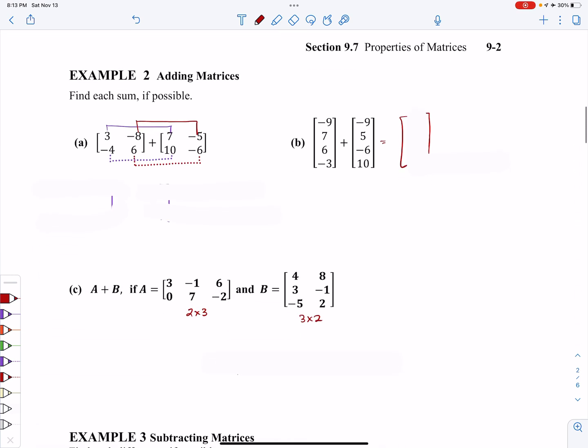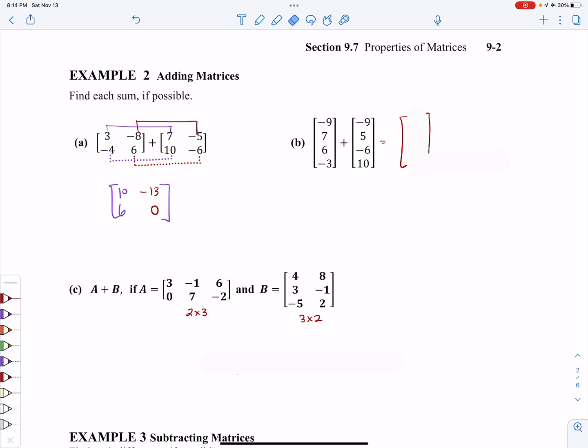So for example, in example 2, part A, we take row 1, column 1 plus row 1, column 1, and we're going to get a 3 plus a 7, which is a 10. Row 1, column 2 plus row 1, column 2 is going to be -8 plus -5, so that's going to be -13. Go down to the second row, and -4 plus 10 is 6, and